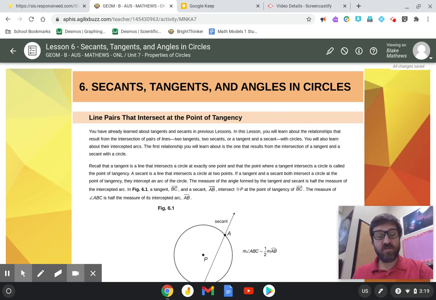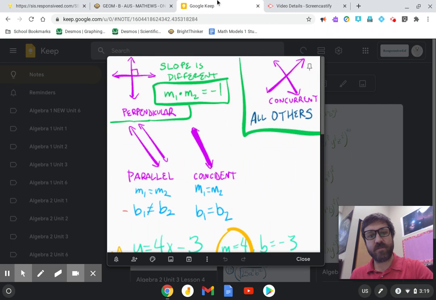This is the Geometry Unit 7 Lesson 6 video, and this is over secant and tangent angles. I'll give you a rundown of what those are, and then there's a bunch of proofs that we'll do together, and I'll tell you what you really need to know for the test. So just to get some definitions out of the way,